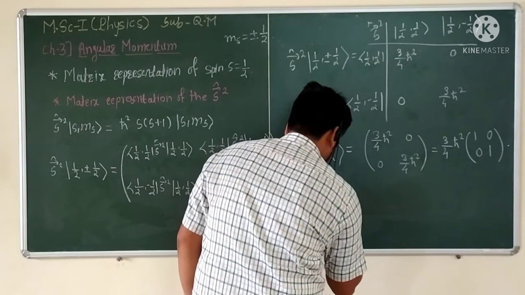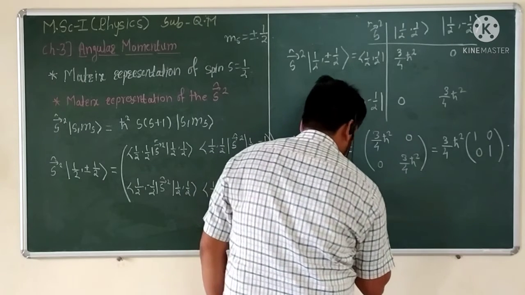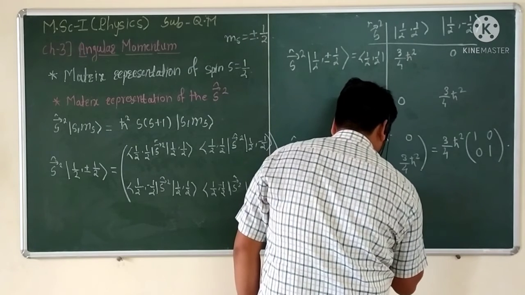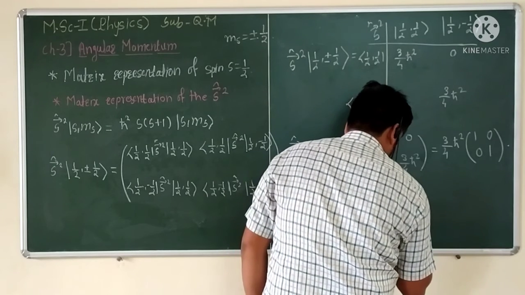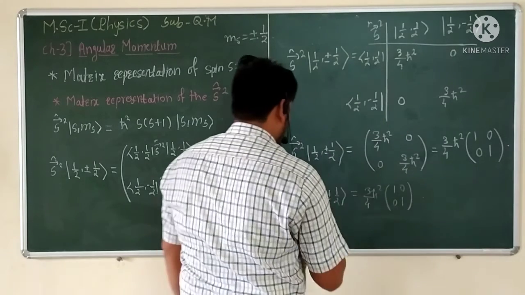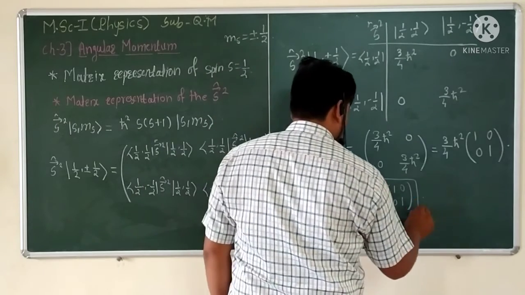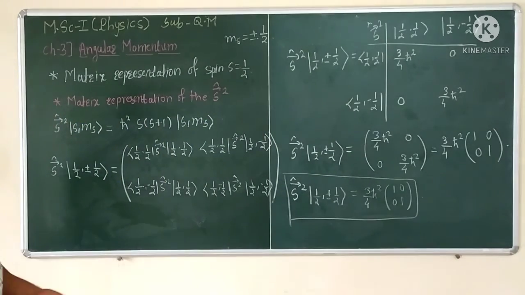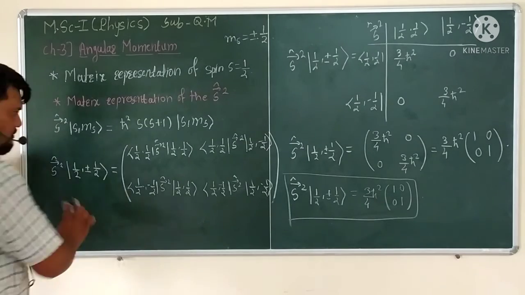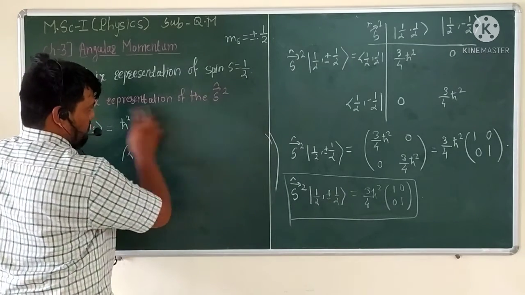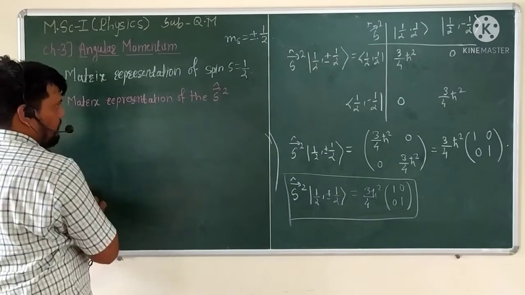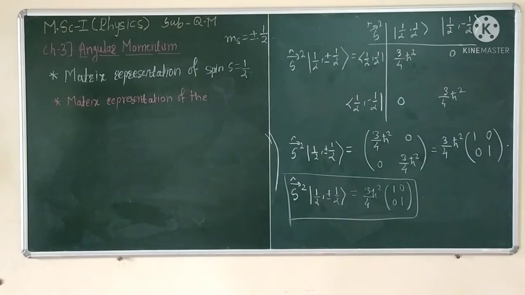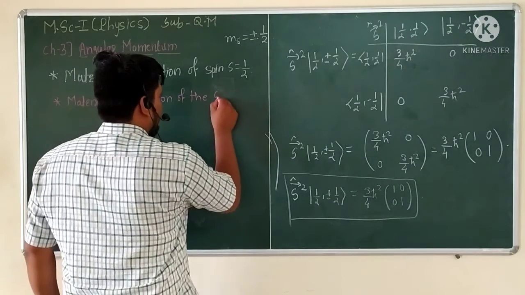Half comma plus or minus half, which is nothing but 3 by 4 h cross square of 1 0 0 1. So this is the matrix representation of the s square operator. Again, next we want to see the matrix representation of the Sz,